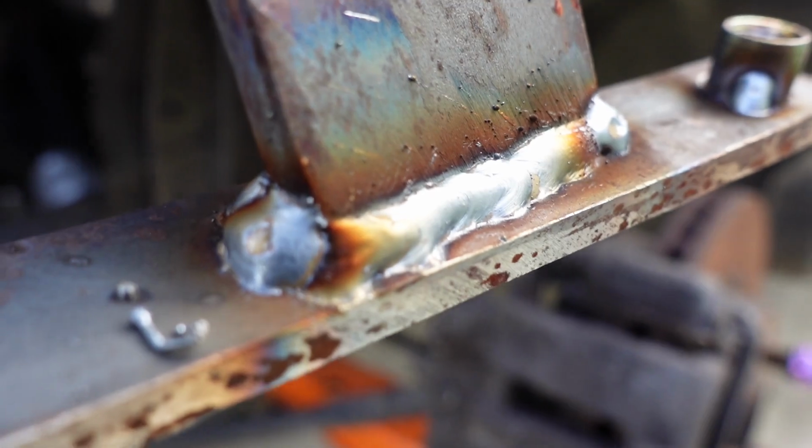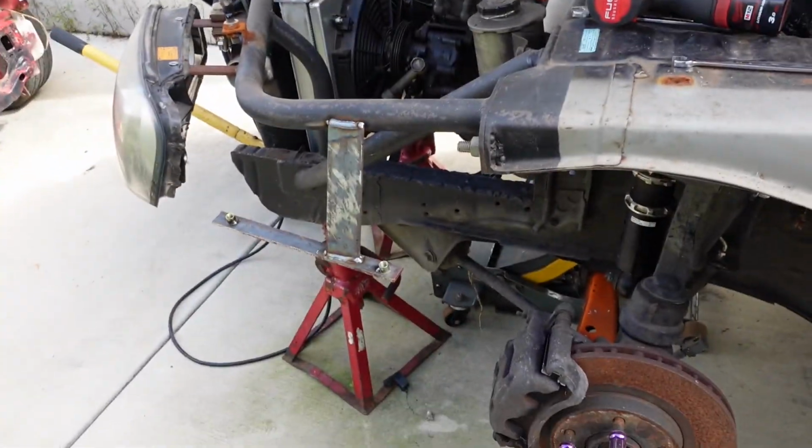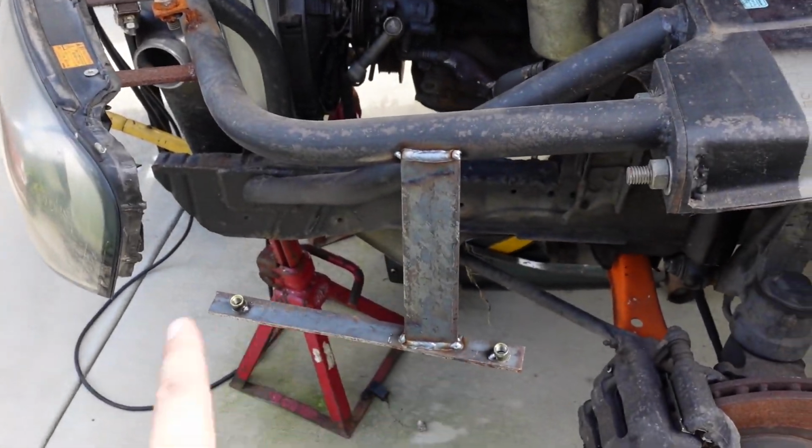I am very proud of myself. Look at that, huh? That's some professional welds I've ever seen. I need to put this guard back on and then roll the guards. But I'm going to paint these as well, don't worry. I'm going to hit them with some...